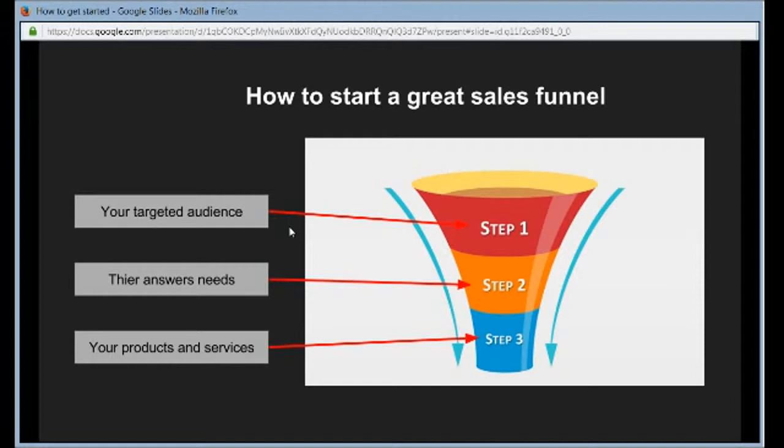Okay, basically what this is: once you find your demographics and you funnel them in, you want them to come to your website first, because with them seeing your website is your brand, and your brand is going to talk about what you know about. Not only is it going to talk about what you know about, it's going to tell them what you offer. So say, for instance, if you're big on SEO, if you're big on traffic, if you're big on systems that will help a person do a particular job without them having to do it all day, your website is going to give them all this